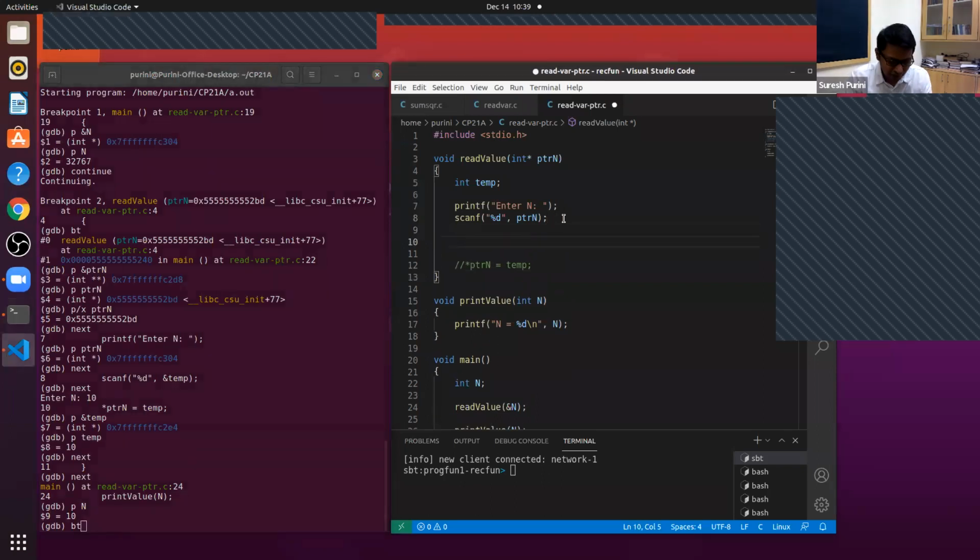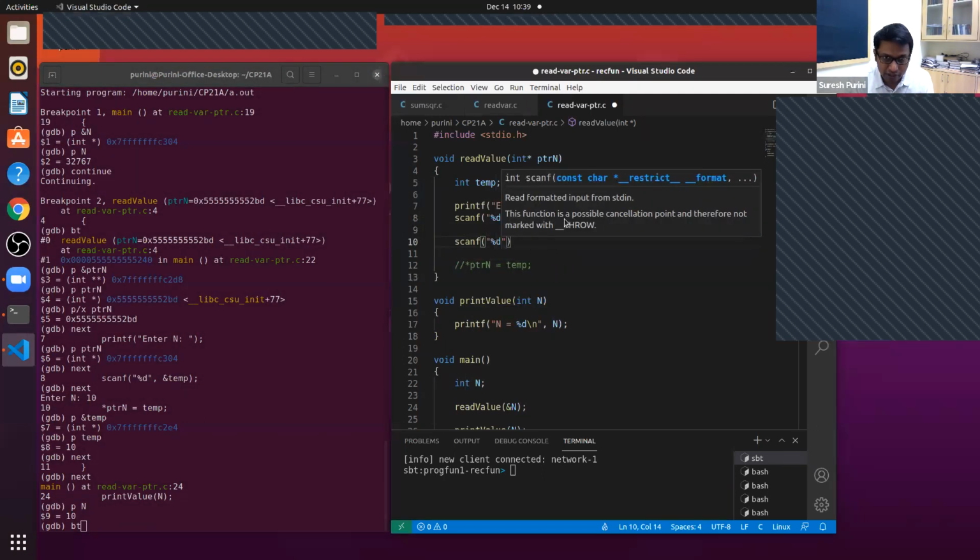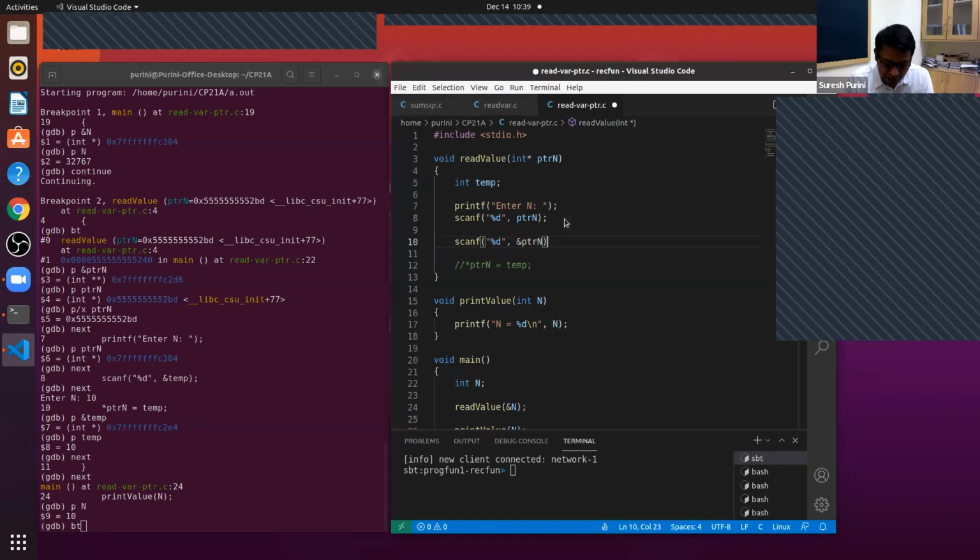Instead of this, if I use the statement on line number 10, what will happen? PTRN would get updated, exactly. On line number 10, if you use the address of PTRN, the PTRN variable gets updated. But what we want is for n to be updated. So understand the difference between line number 8 and line number 10.